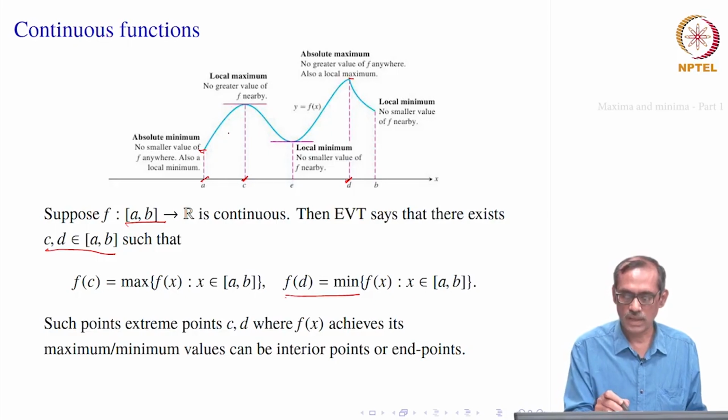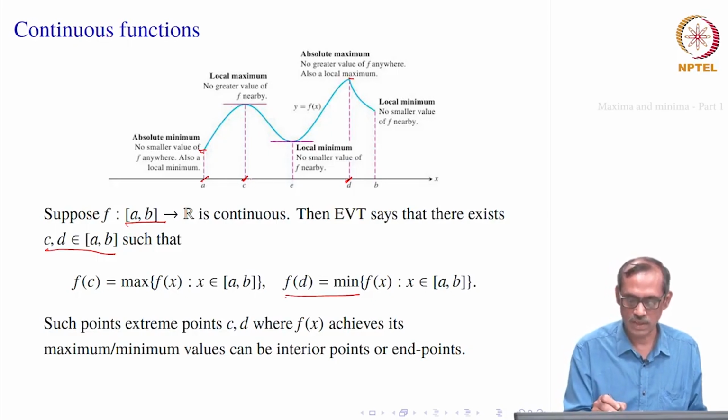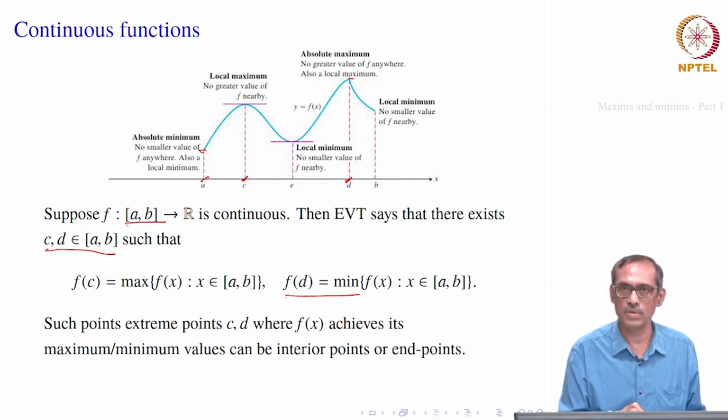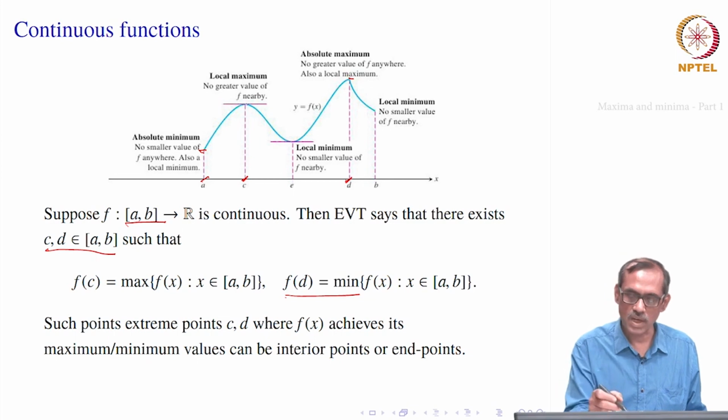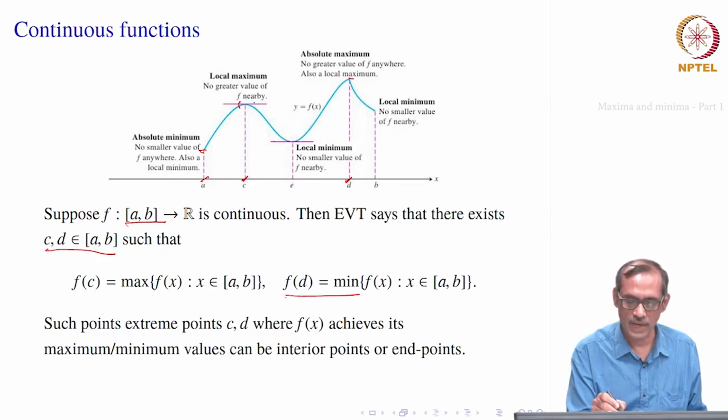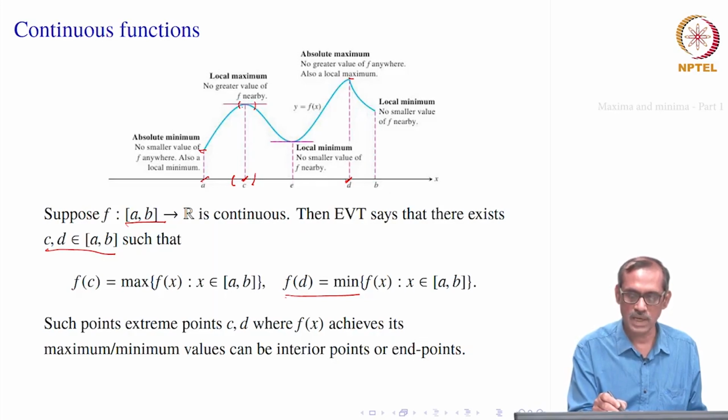And you see that at c it is not an absolute maximum, nor an absolute minimum, but it is some sort of maximum. That is what we call a local maximum. If you take some small neighborhood of c, in that neighborhood f(c) is greater than or equal to all values of f(x), where x varies over that neighborhood, c minus delta to c plus delta.